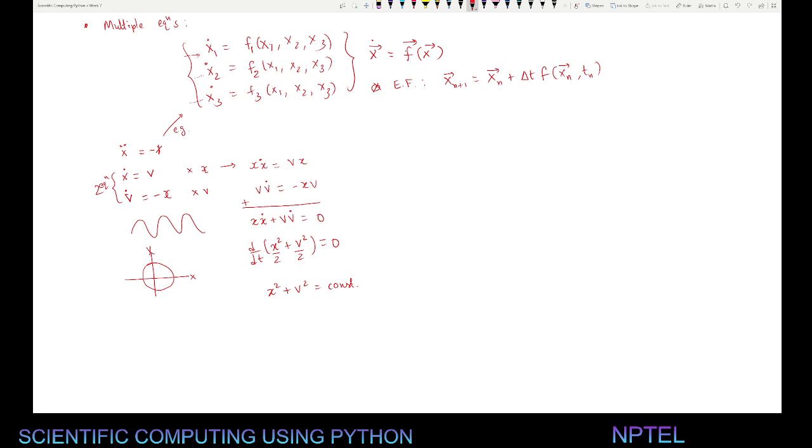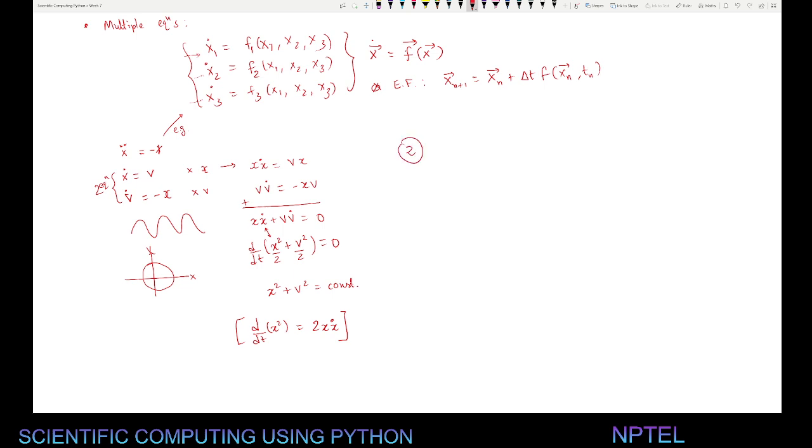Okay, so this is important to remember. The derivative of x square will be 2x into the derivative of x, which is x dot. Okay, so this is the trick. Anyways, and the second example